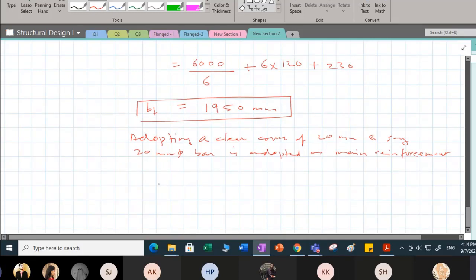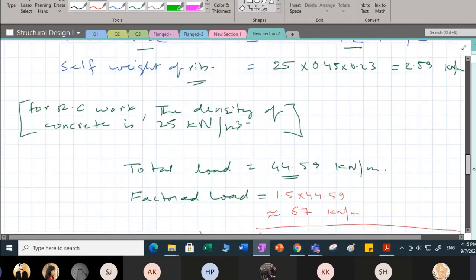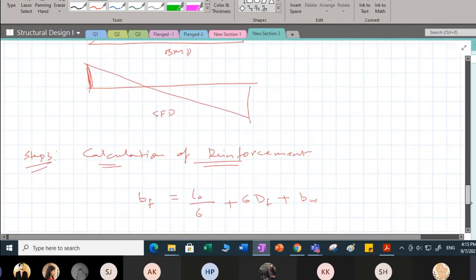So if I see this cross section, I'm saying that I'm going to use this as 20 dia bar. Okay, so from here till here, this is 20 mm, and from here till here, you have this as 10 mm. So what is going to be effective depth D? The overall depth of the beam was 570, I guess. Okay, 570